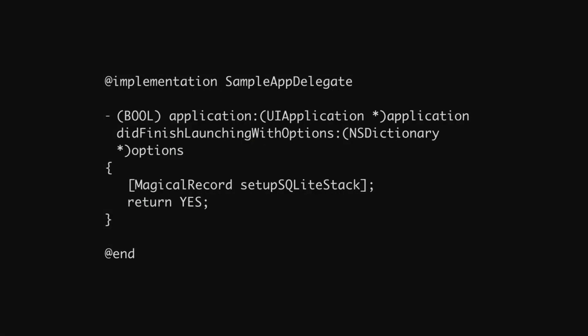So we've got our sample code here, but the idea is that with these Magical Record stacks, you notice that we only use the Magical Record top level class API. These stacks are an object-oriented hierarchy of all these different stack implementations.